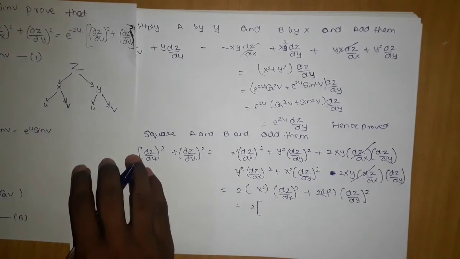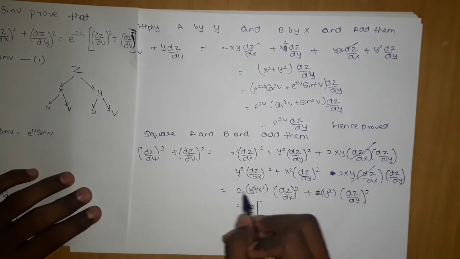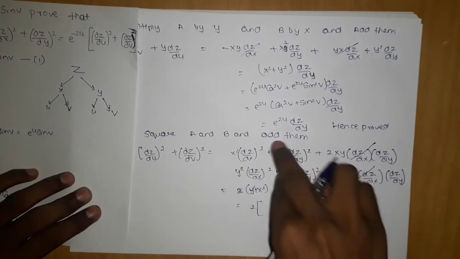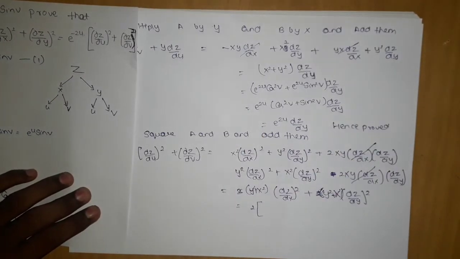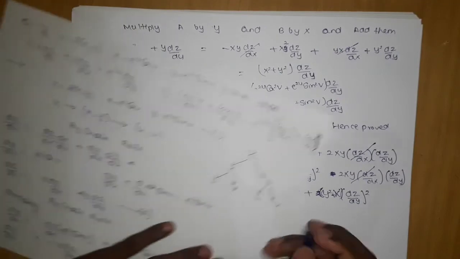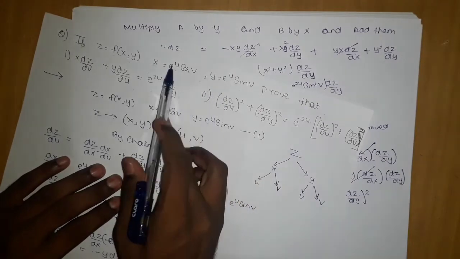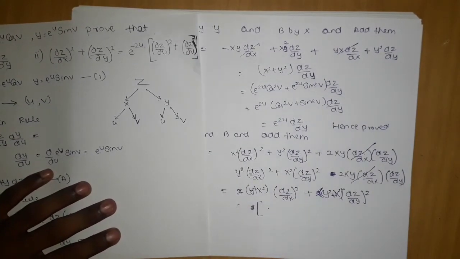First thing what we have to do is to get rid of, sorry, here it is not x square plus y square, it is y square plus x square. There is no 2 term, it is x and it is y, so they will add on and give me x square plus y square, and this one will also give me x square plus y square. We know that x square plus y square is nothing but 2 e power u. So 2 e power u will be